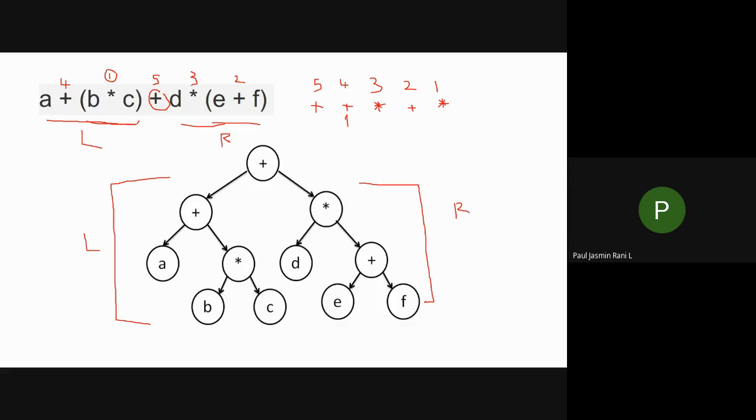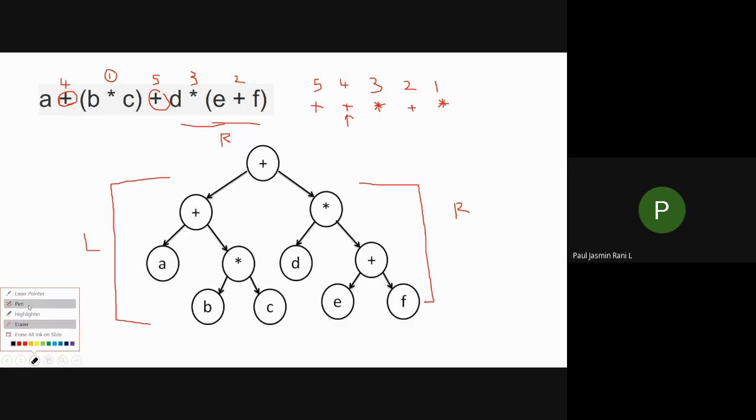Which plus do I have to take? This one, the 4th one. I'm going to take this plus operator. After taking this one, what do I have to do? I have to split the expression into right and left, isn't it? So now I have this plus operator. What are the elements or expression in your right side? B star C. You take this one as your parent node, and left of this parent node you mark B star C, and the right side of this parent node you mark as A. In this way you have to do it.